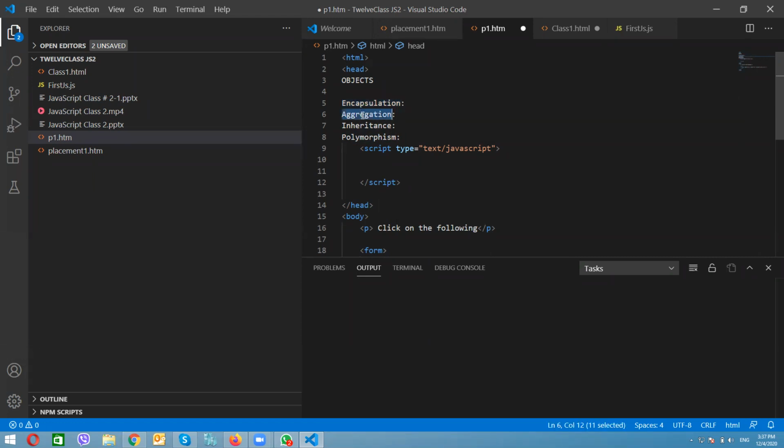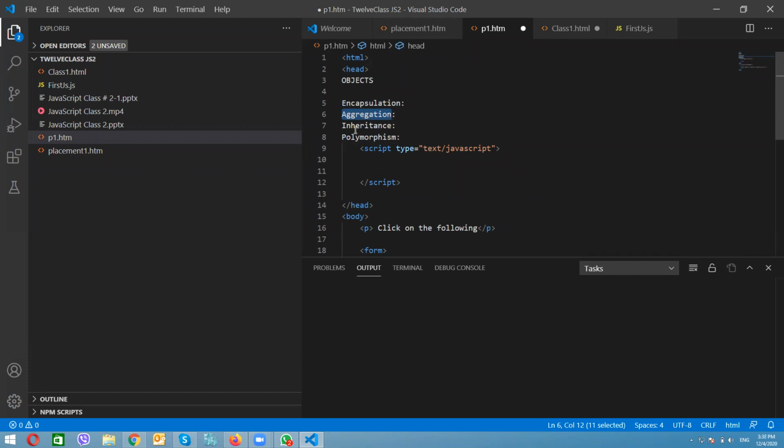Aggregation is the capability to store one object inside another object. For example, if you have a big room and you want to make a small store in it, you can do it. Object under object is called aggregation.